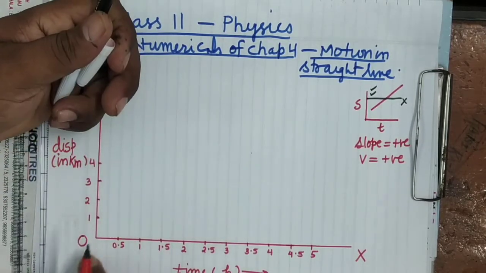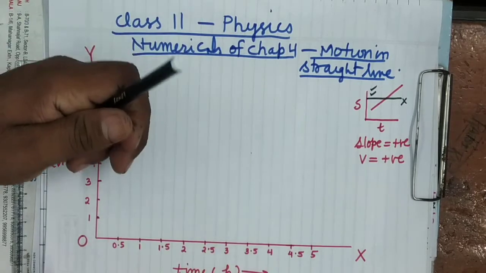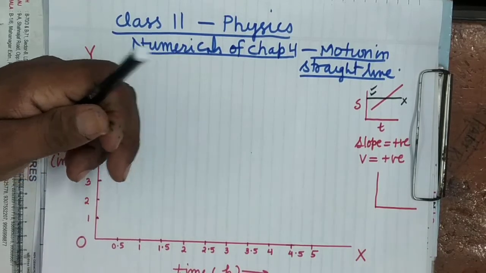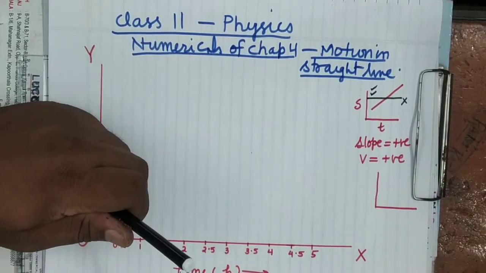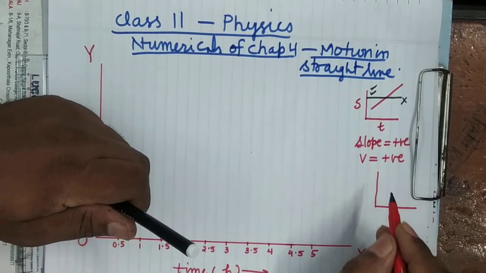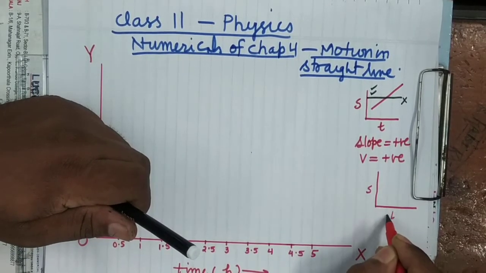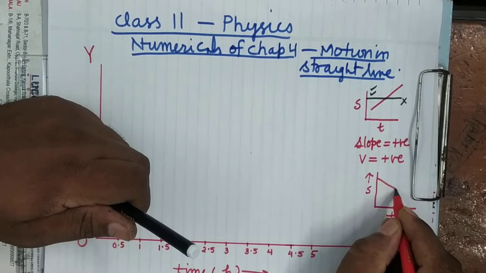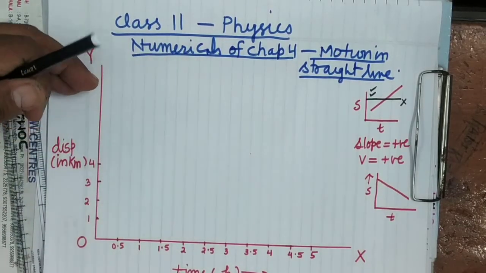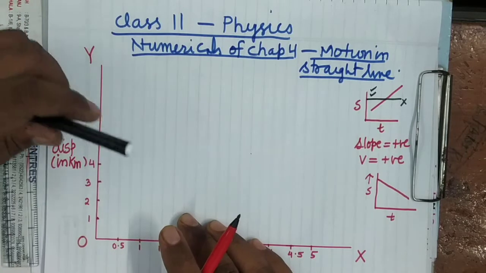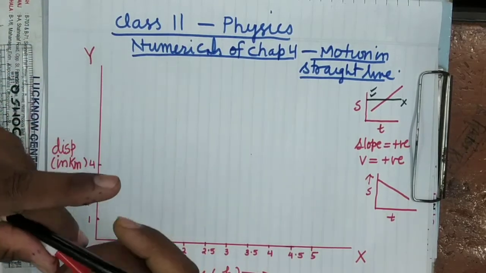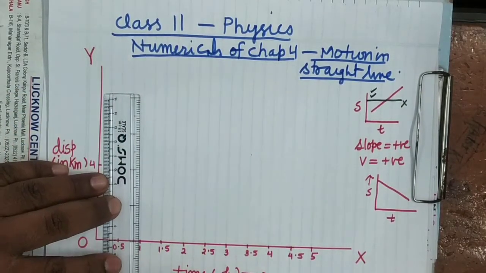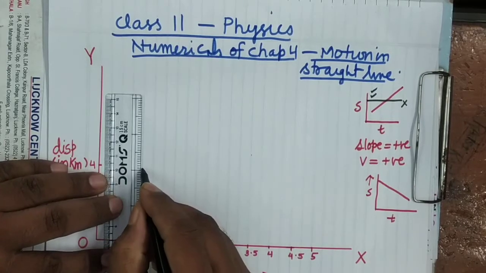So for 1 hour this graph will be a straight line sloping upward. But when he returns, he is returning towards the house, that is, towards the origin. So velocity will be negative but constant. Here it is given constant, and it will be negative because returning towards origin. So it will be a straight line sloping downward. Is it clear? So you draw the graph for the first 1 hour. What will be the graph of first 1 hour? After 1 hour he reaches 4 kilometers. So the graph will be this.